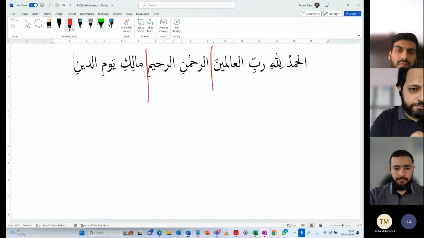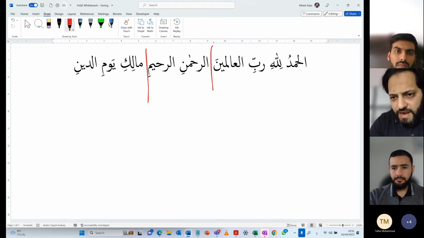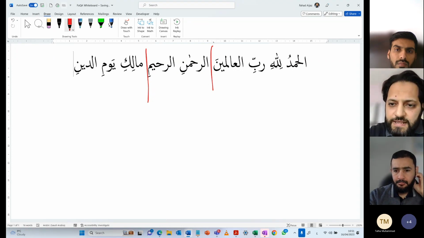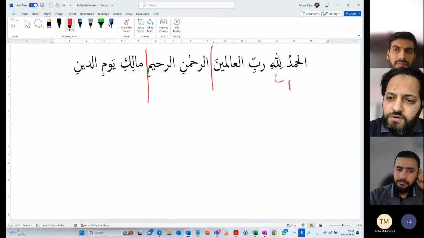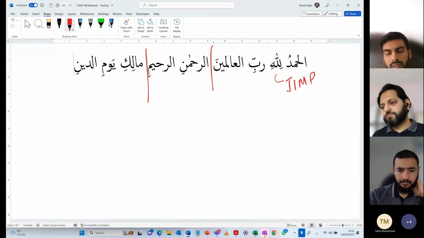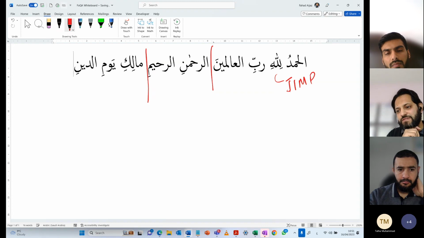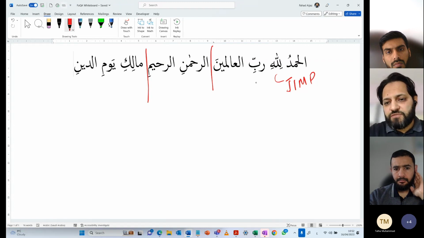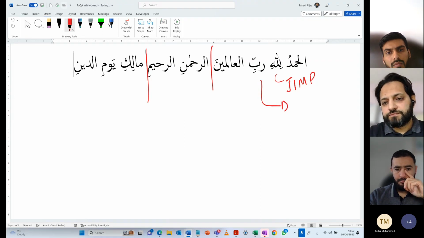Now let's go one by one. So we're looking at Lillahi. What are the four properties of Lillahi? It's going to be jar, singular, masculine, and proper. Right? Let's move on to another word. Next one. Can you give me the four properties of Rabbi? Jar, singular, masculine,